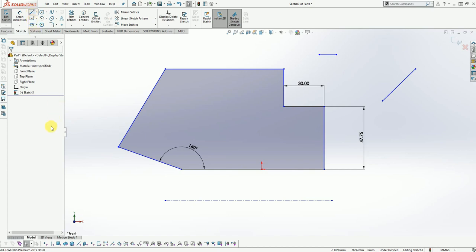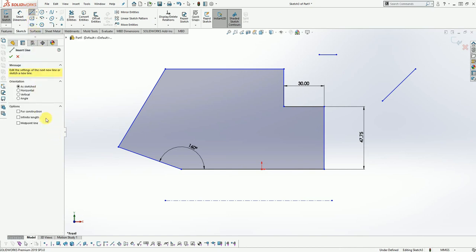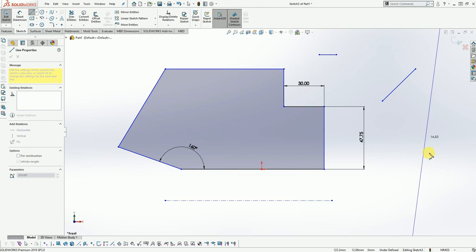So just click on line, and if you want to draw an infinite length line, just click on the infinite length line and click anywhere on the screen, and you can see the line is drawn in both directions, an infinite line, like that. Okay,